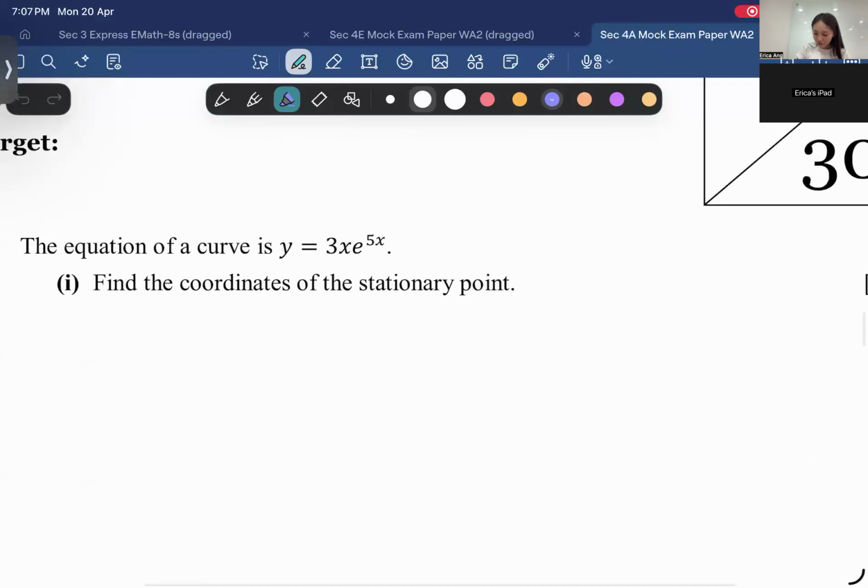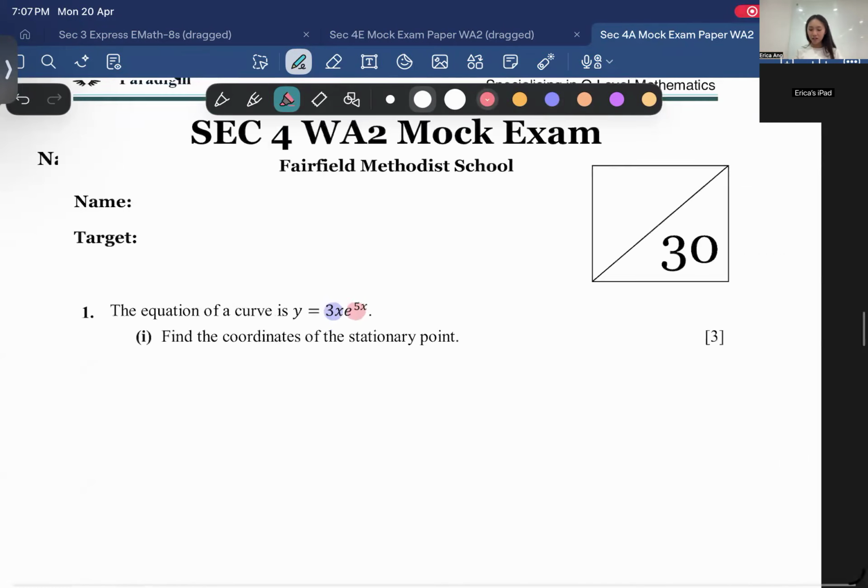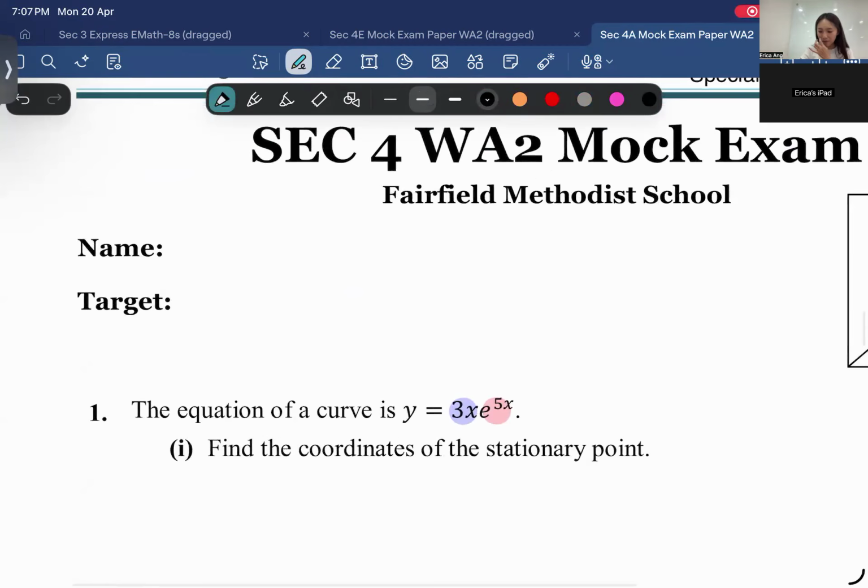Okay, so we have this one and this one. We're going to recap a little bit before I get you all to continue. Let's say I'm going to differentiate, for example, e power 4x. Ying Ting, can you help me differentiate this? How do you differentiate this? What do you do first? Step one, you just